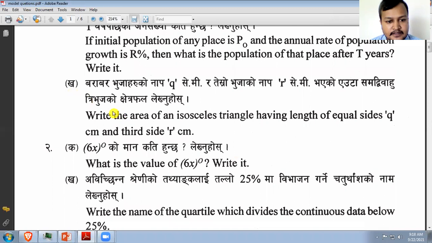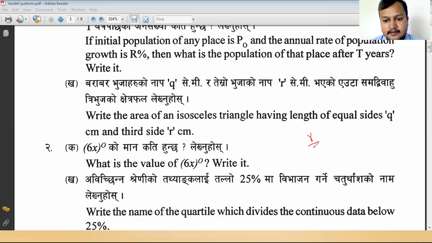Similarly, next question number B. Write the area of isosceles triangle having length of equal sides Q centimeter and third side R. So actually, while learning about formula, we learned formula by taking equal sides A and the third side B. Equal side A ले denote गरेका थियौं र third side लाई B ले, base B ले denote गरेका थियौं. Here we have to denote the equal sides by Q and third side by R. That means in place of b by 4, there will be r by 4, and then root over 4a square